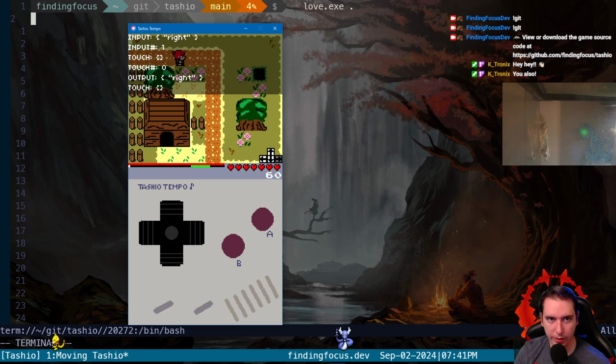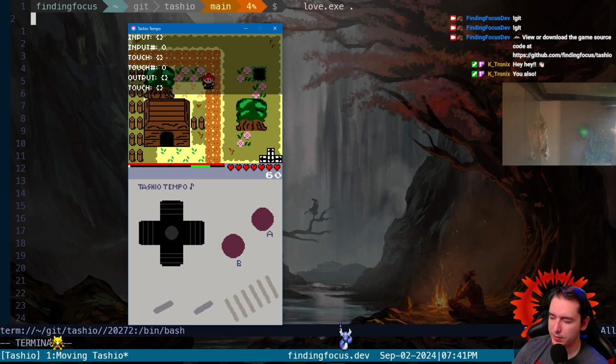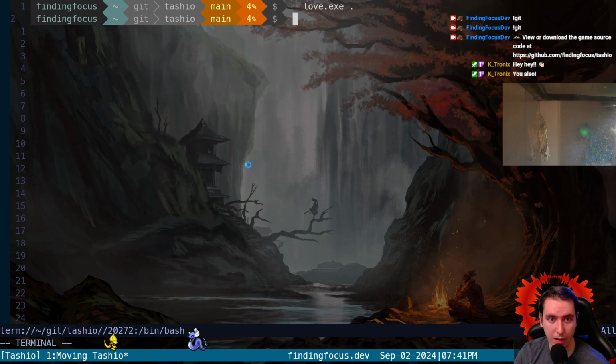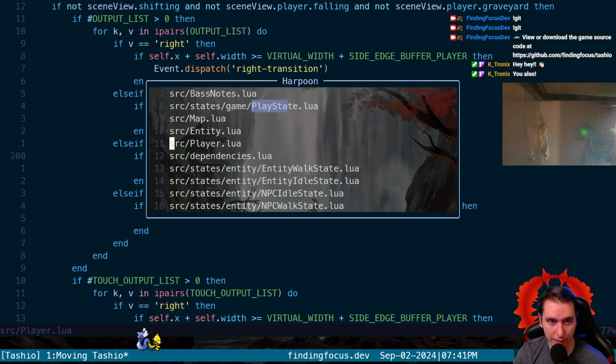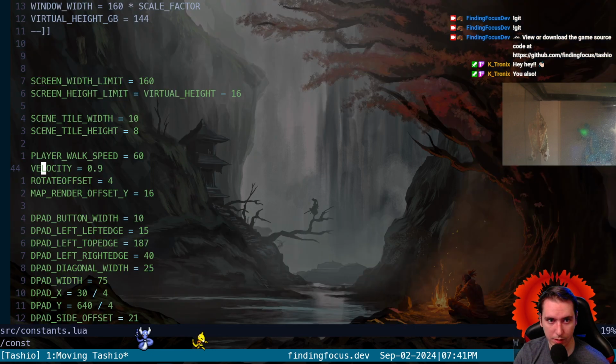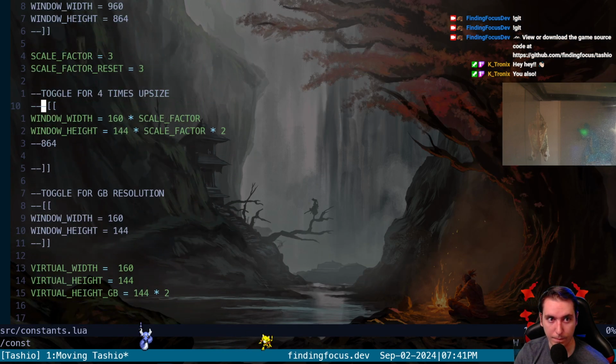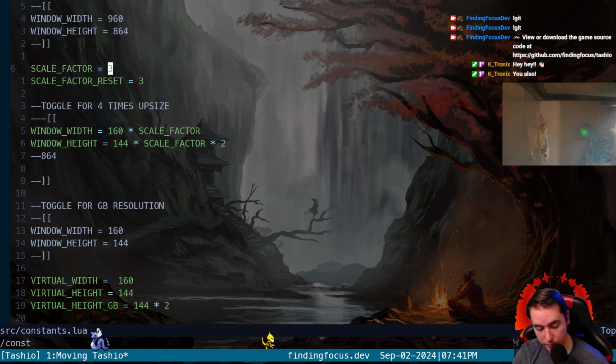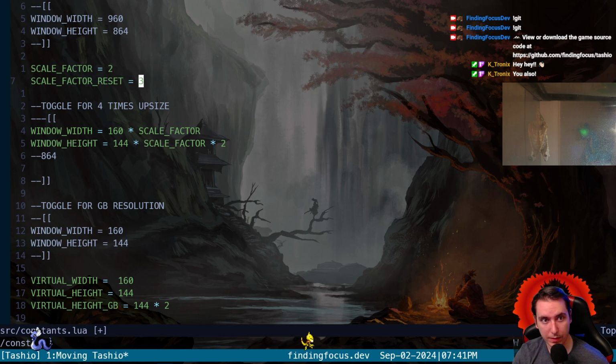So the thing we want to do before we deploy to the mobile device is a couple things. We need to set the scale factor to be 2 or less. I think it's currently 2. I think we're good there, but then we need to full screen it for the iPhone deployment too. So let's go to our constants and we will see that our scale factor is set to 3. Okay, so we do need to set it to 2. We'll set it to 2, and then we'll full screen it